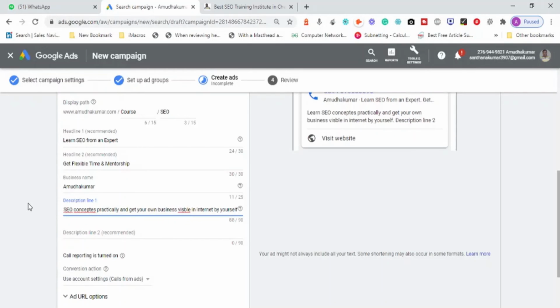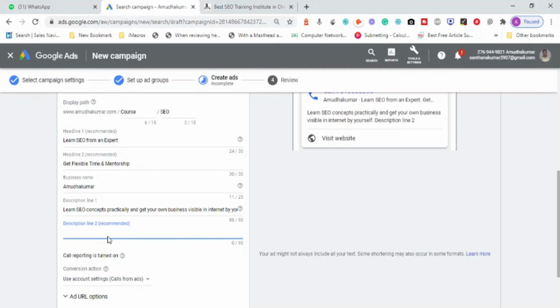Okay, 87 characters. So let me fix some spelling mistakes. Spelling mistakes contribute to the quality score. So make sure that we don't make spelling mistakes. You can make spelling mistakes while typing, but once you are going to publish, make sure that you fix all the spelling mistakes.